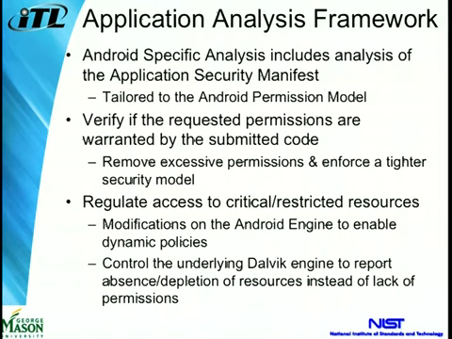So our permission model basically does Android-specific analysis of the application security manifest, and we verify that the requested permissions are warranted by the submitted code. So what we do is we take the code. We don't need source code. We can actually do it with binaries, which is a big differentiator from other people. We take the binary code of the Android application, we decompile it, and we find out exactly what it does by static and dynamic analysis. And then we compare it to the description that was given to us by the developer, metadata, potentially who is the company that created it and other things, and its manifest, which is something that the developer submits to us as a security model. So we compare the two, and if there is